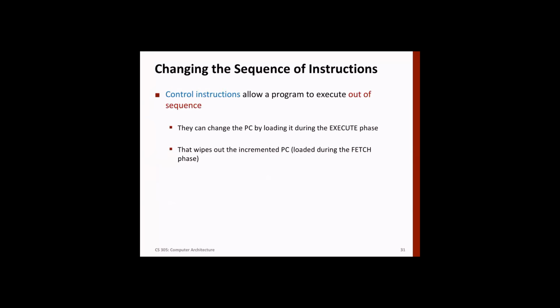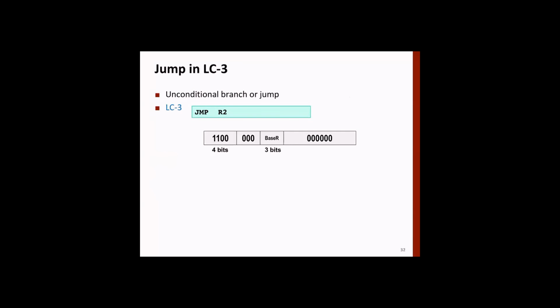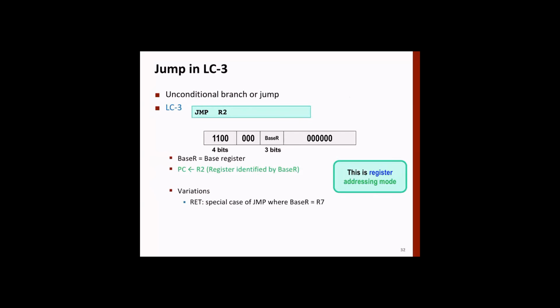Okay, all right. So how will you execute that? First thing is that we'll have to change the value of the program counter. Okay, all right. So let's take, for example, an unconditional jump. It means that whatever happens, you jump to a particular location. Okay, the instruction format is as follows.